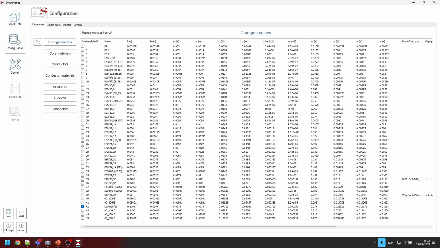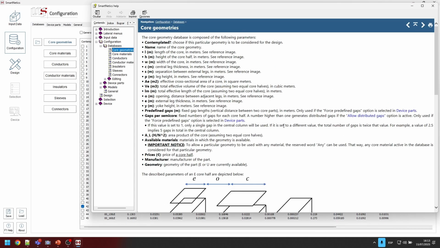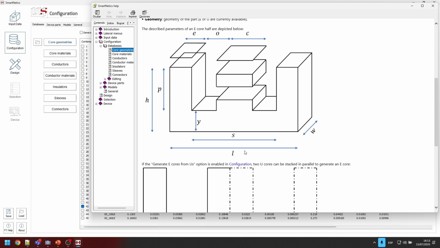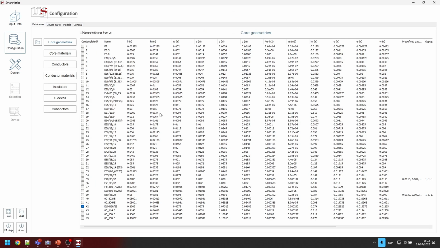So we don't have to generate a new geometry. In this case, we can see the length in here. In Smartnetics, the length refers to this dimension of the core. We have measured that it's close to 100 millimeters, and we have one in here, which was already selected and matches that specification. Also, we measured a total height of 120 millimeters, which is 2 times the height of a single core, so it matches this one as well.